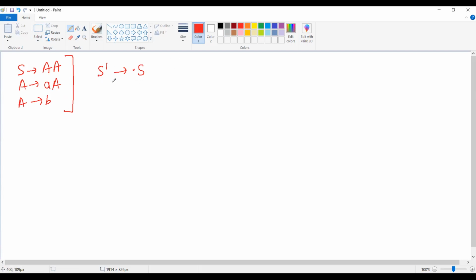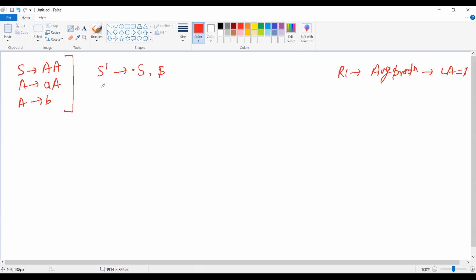ठीक है? अब क्या करना है? इसको LR1 item में convert करना है. So LR1 item में convert करने के लिए you have to attach the look ahead. So for the augmented production, always remember, आपका rule number 1 है, if your production is the augmented production, then your look ahead will always be $. तो आपने यहाँ पे कॉमा करके $ लिख देना. Now when you build the canonical collection, you apply the closure operation if the dot is before a non-terminal.